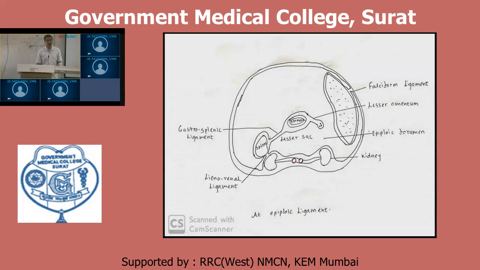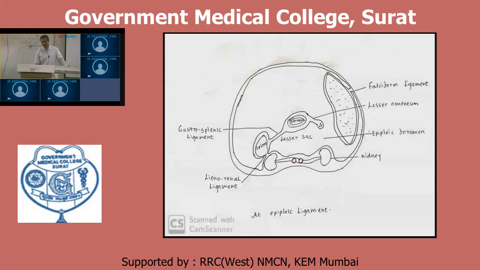It will cover the spleen, and from spleen it will get reflected to left suprarenal and left kidney, forming posterior layer of this, which layer? Lieno-renal ligament. Therefore, lieno-renal ligament from spleen to left kidney or left suprarenal gland. From here, from left kidney or left suprarenal, it will get reflected to this abdominal parietes, or you can say inferior surface of abdominal cavity.